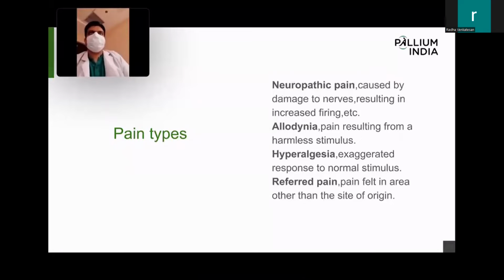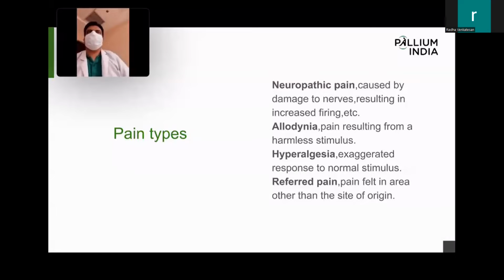And then the next three that I mentioned are symptoms which convey these types of chronic pain. Allodynia. What is allodynia? Allodynia is pain resulting from a harmless stimulus. Normally, that stimulus doesn't cause pain. A common example: people who have chronic pain say touch causes pain. Normally, touch doesn't cause pain, otherwise we wouldn't be doing handshakes. That is mainly due to the neuroplasticity we have seen. Because of ectopic firing, the threshold is reduced. So all those things we saw before are the cause for allodynia.